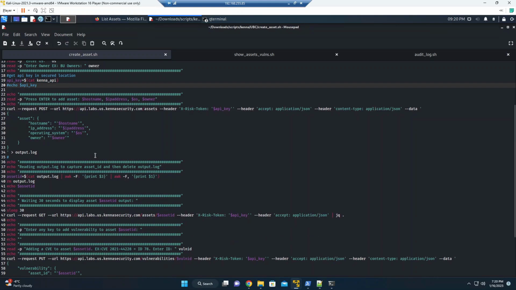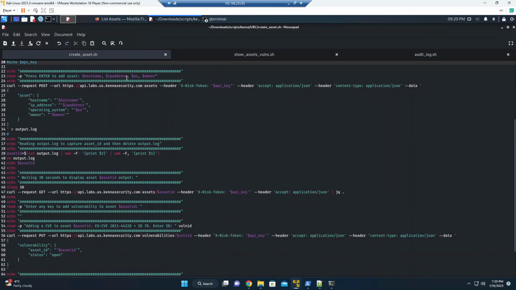And now what I'm going to do is just give some idea of what we are going to create. We're going to create an asset, and we're going to leverage that API and all the variables that we filled in: hostname, IP address, operating system, and owner. Then we're going to dump that into output.log as well. And so we'll create the asset with the attributes, and then that output log file is going to be parsed so we can identify the asset ID that's created on the fly. We're going to throw that into a variable, and we're going to use that to be able to assign a